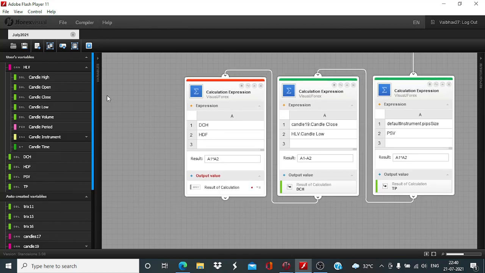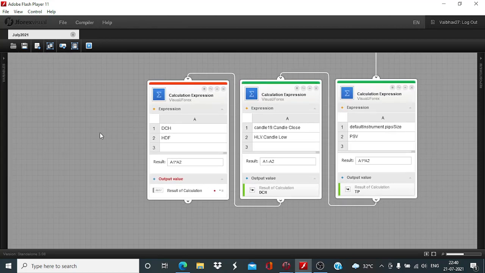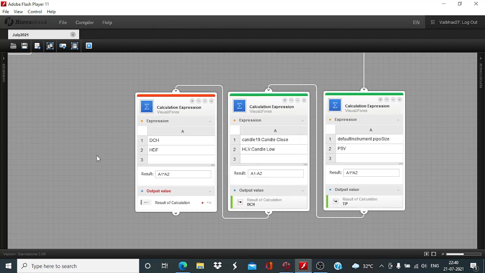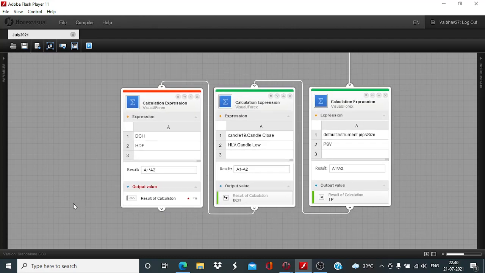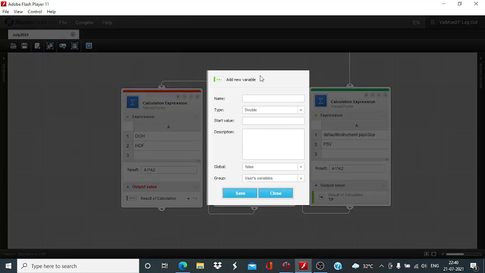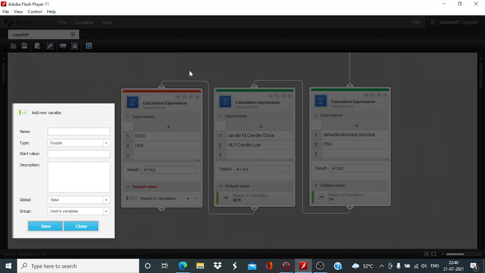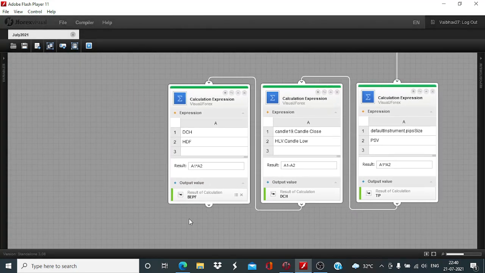Okay, and I will take this result of the calculation and name it the price. Okay,